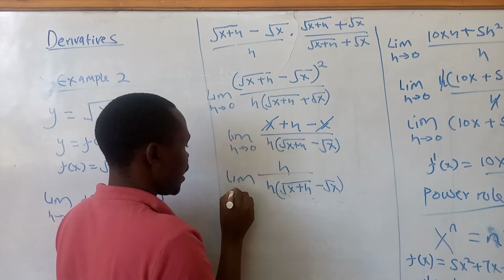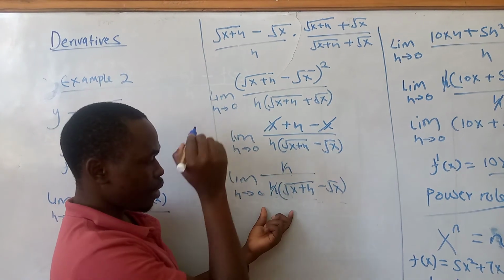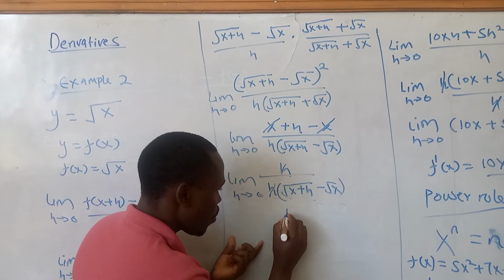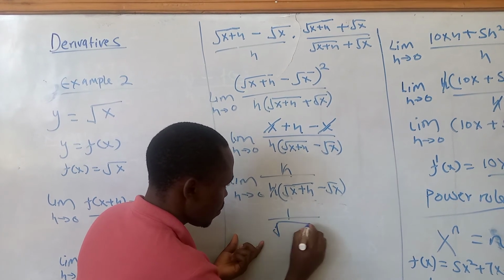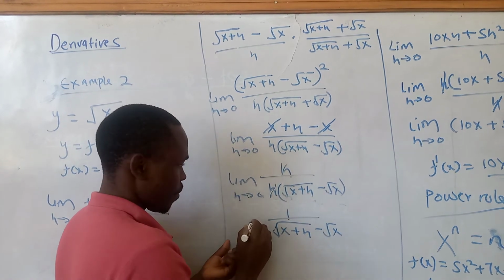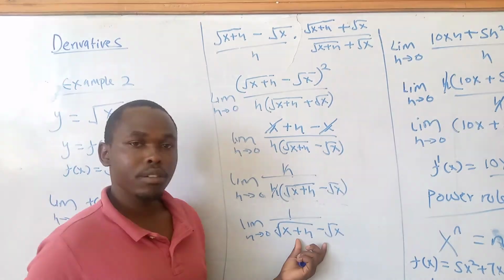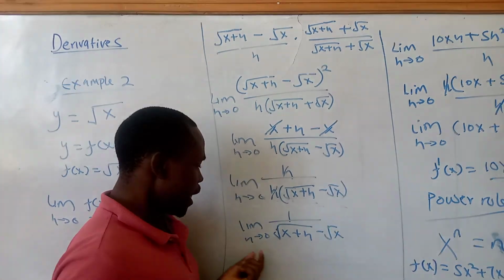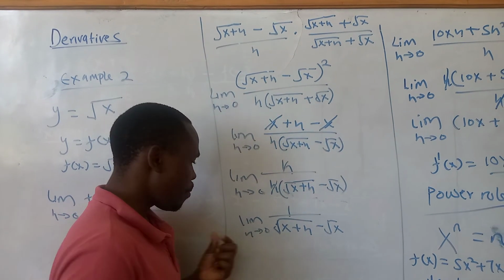Remember the limit as h approaches 0. Then this h and h will cancel. I will remain with 1 over the root of x plus h plus root x, the limit as h approaches 0. Then I'm going to substitute. In the place of h, I'm going to substitute 0. It will be